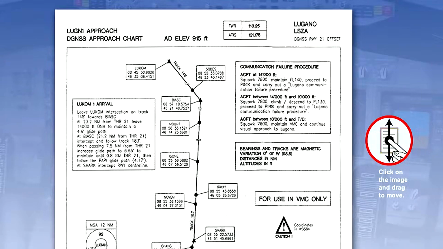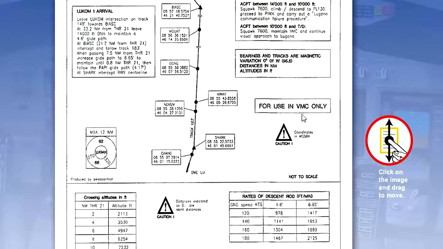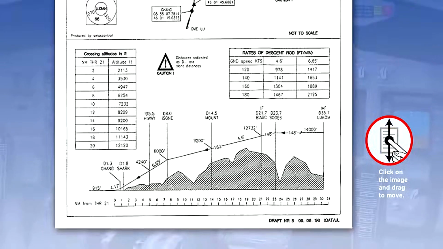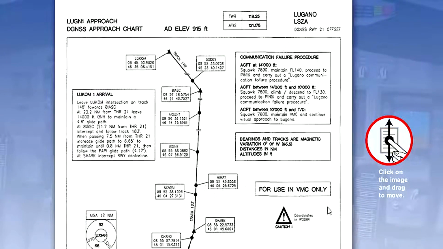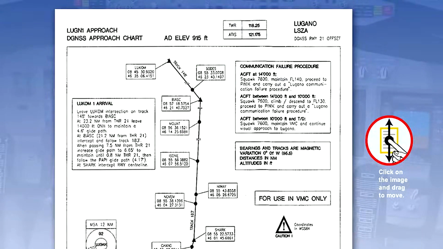Don't forget all standard instrument departures, or SIDs, start at the departure end of the runway and end at the point of joining the ATS route system. Normally, an aircraft with a full IFR flight instrument panel will be required to utilize all the facilities and comply with the requirements of the